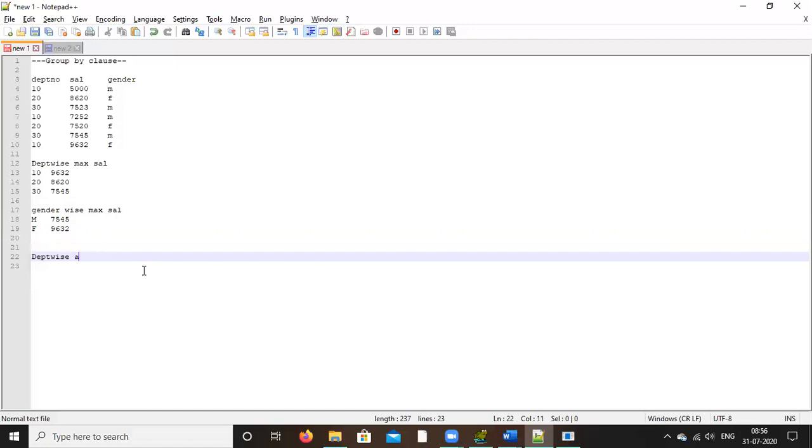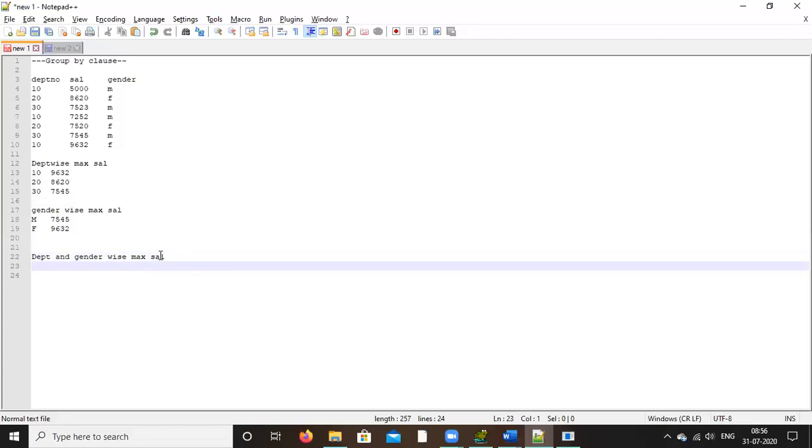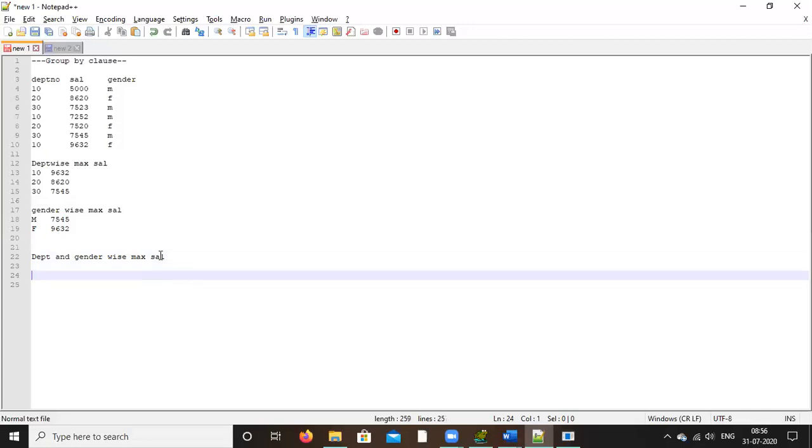Now, what you have to do? First thing is you have to put similar items in one group, then find the maximum.